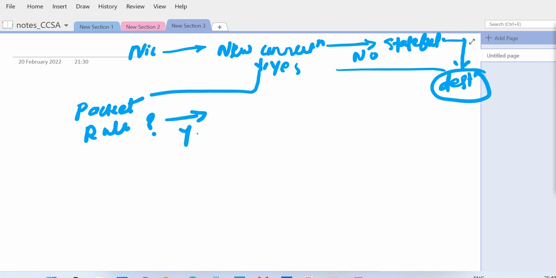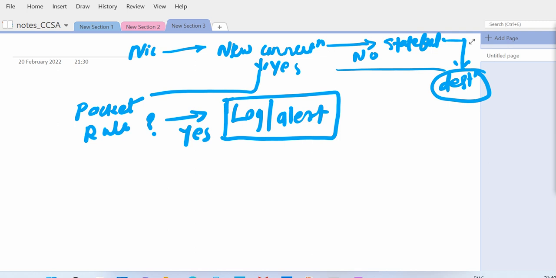If yes, the rule is a match, then the log or alert for that rule or for that packet is generated and goes to the SMS for further processing, and the decision for allowing or not allowing the packet based on the rule takes place here. If yes, the rule is allowing that packet, then it goes to the destination. If not, the rule is not allowing that packet,